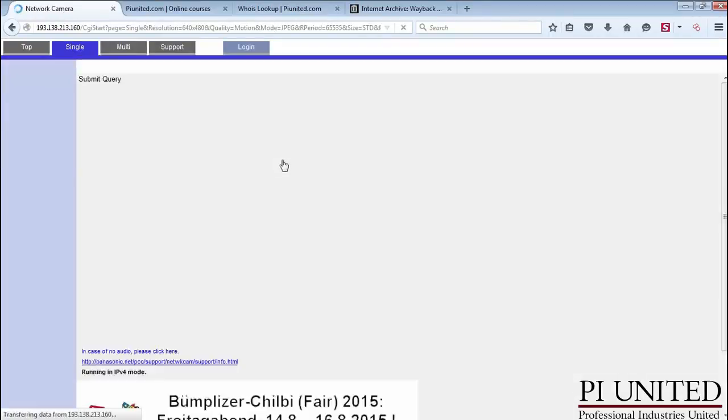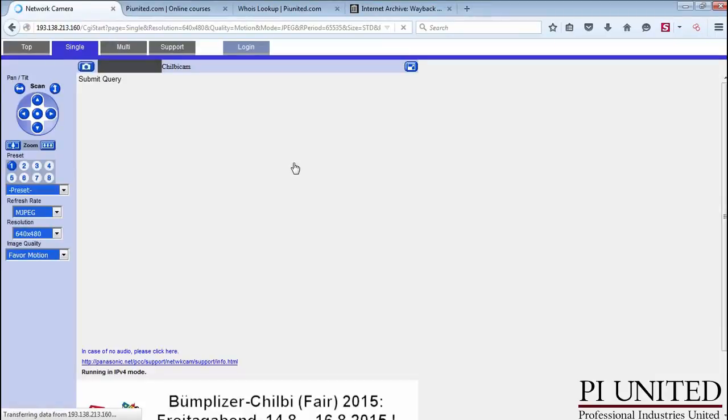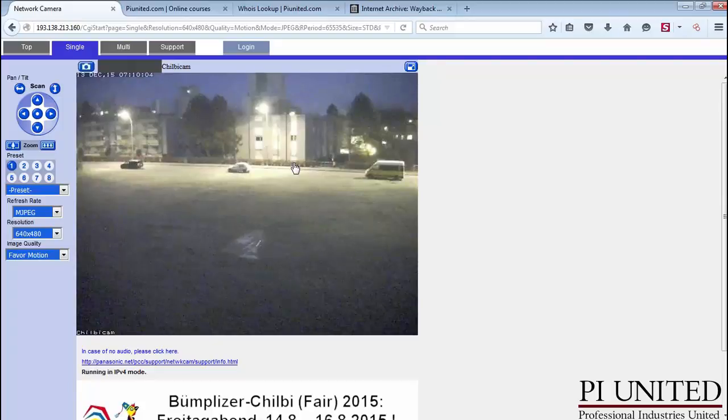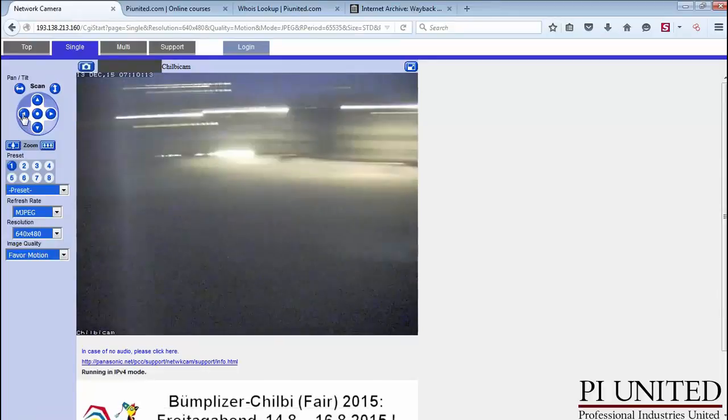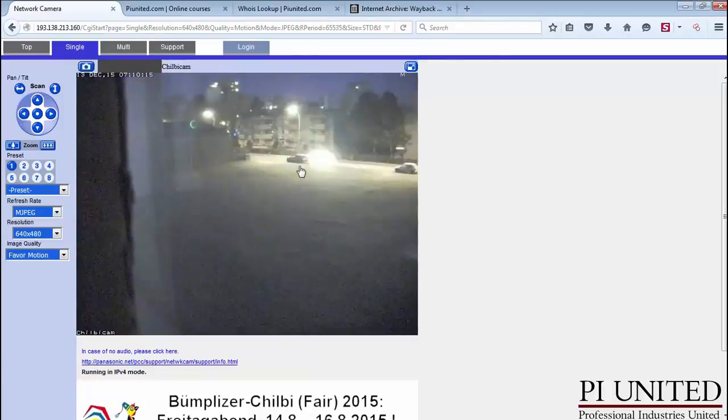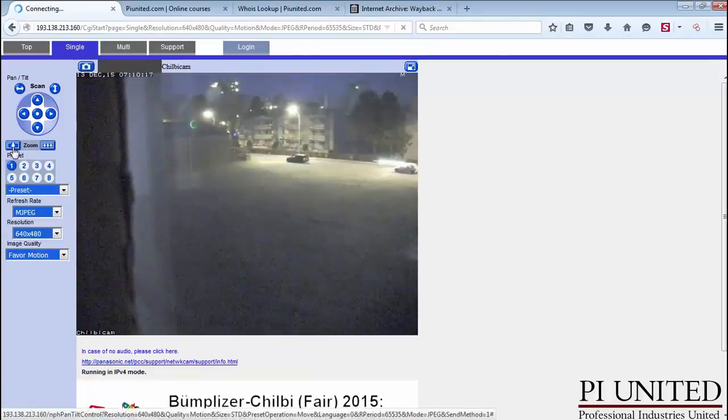This is someone's webcam. Well, not their webcam, it's a CCTV. And there's a ton of these on the internet that haven't got password protection. So I can control this person's camera. We can pan to the left a little bit more, pan up and down, zoom in,